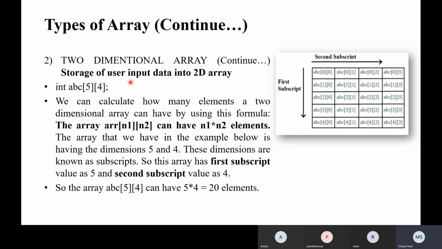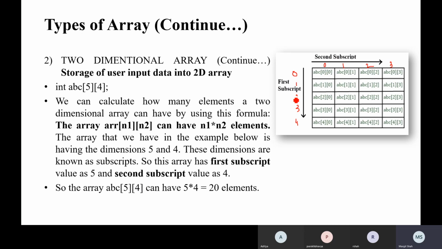Yes, two-dimensional arrays. Storage of user input data into a 2D array. This is the example of that, with first subscript and second subscript, A of 0 0. This is row number 0, this is 1, this is 2, 3 and 4, and the columns are 0 1 2 and 3.